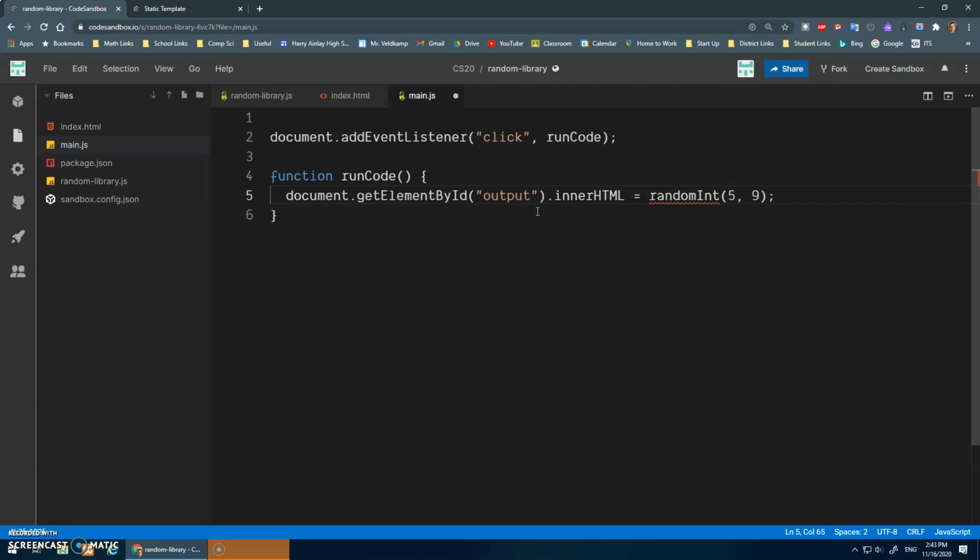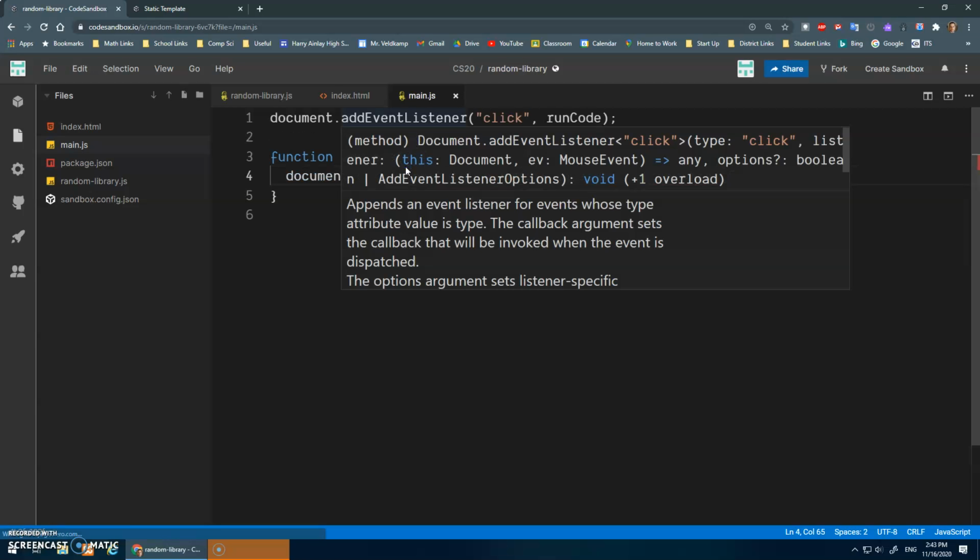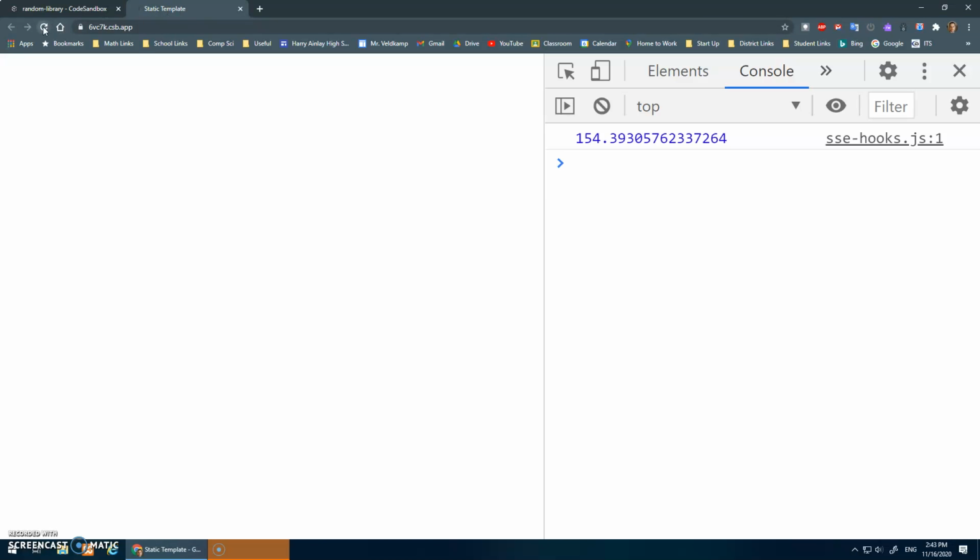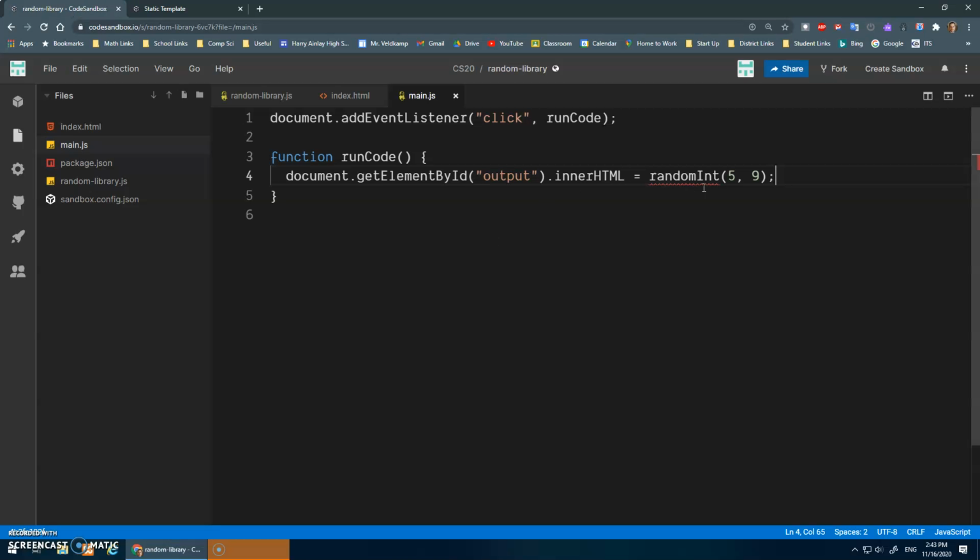Cool. Let's try that. So I'll hit save, refresh, and every time I click, awesome, there's my h1, and I get a random number between 5 and up to 9, but not including 9, right? 8's going to be my highest value. And if I change that to 50 to 90, hit save,